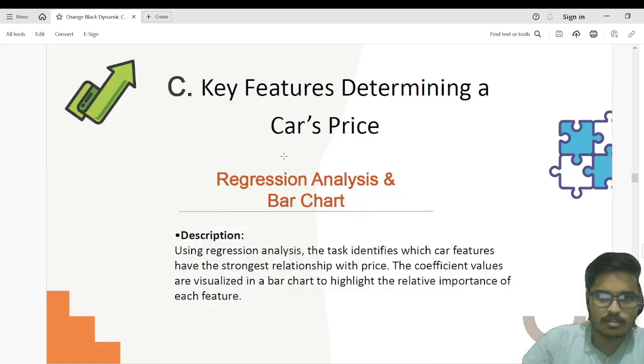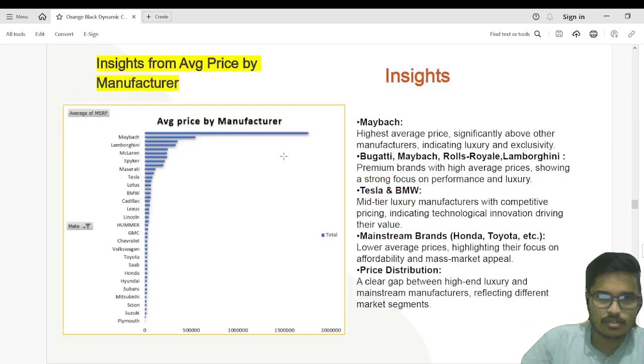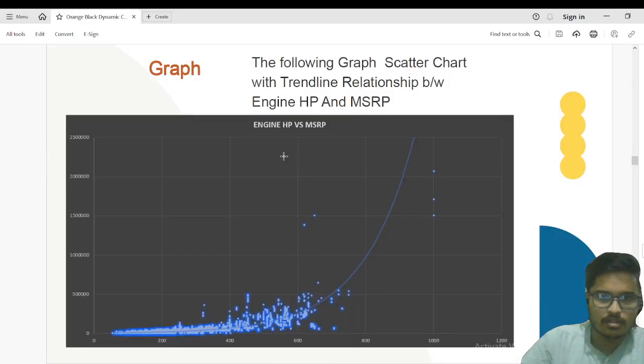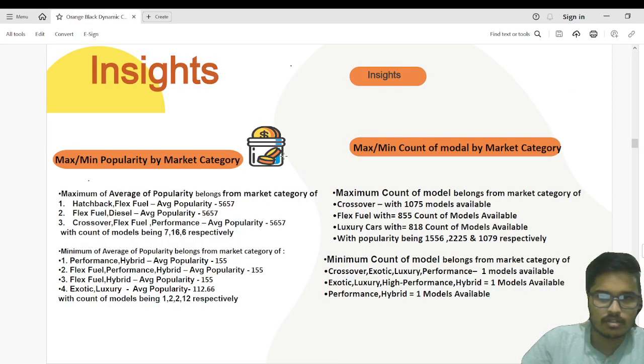Okay, sure. There is our keyboard, I think. Yeah, keyboard is